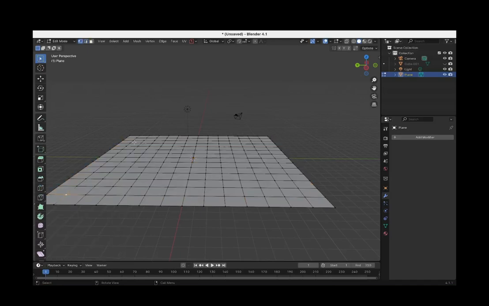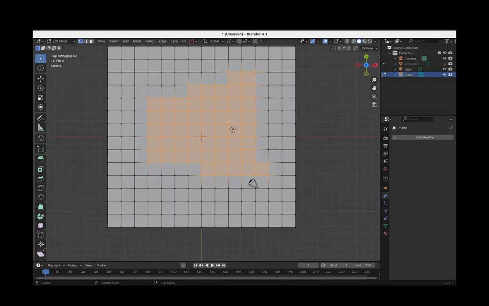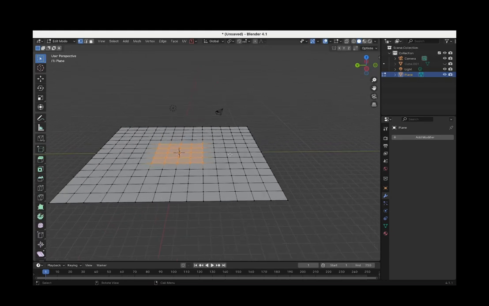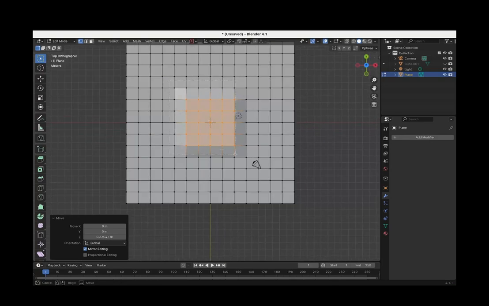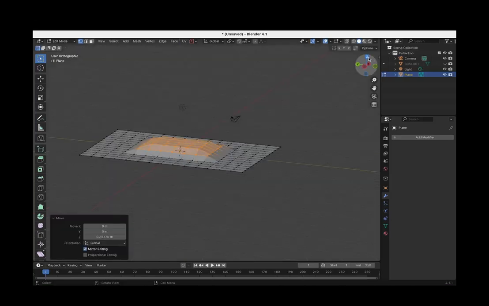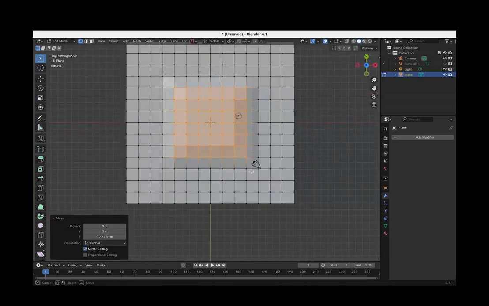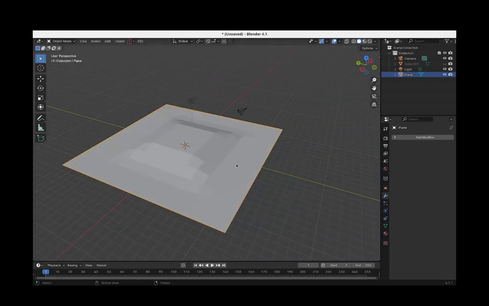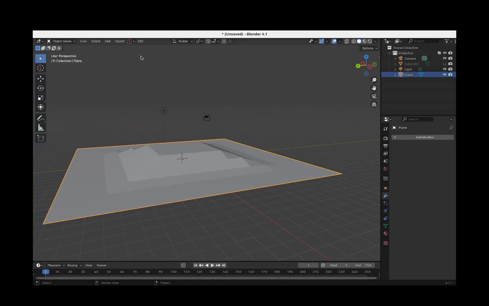Now let's select a bunch of the middle vertices from top and move these up. And then select a few more vertices and move these higher up just a bit, like this. Now you see we have sort of a hill in the middle here.